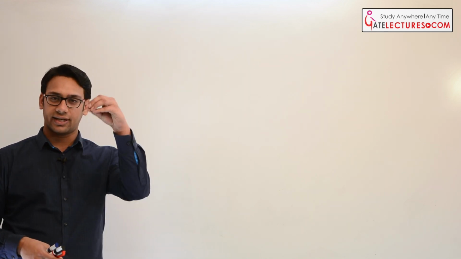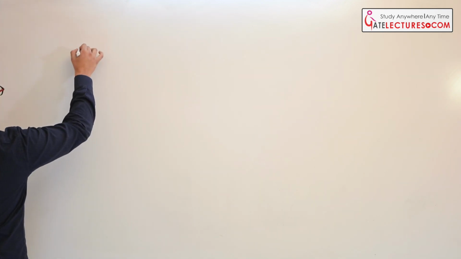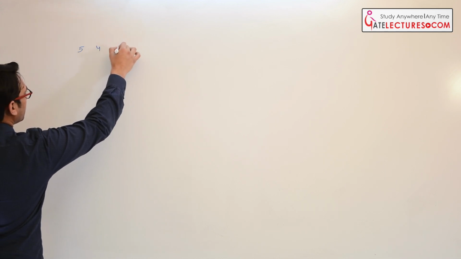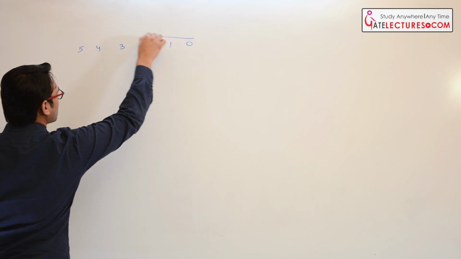We are going to take two sets. One set will be the set of unsorted data. Then we are going to take one data element from this unsorted array, and then we are going to put this one single element into the sorted form of the array. Okay, so now let us see what this is. Assume we are having some elements. We are having the elements 5, 4, 3, 2, 1, 0. Assume we are having this array.